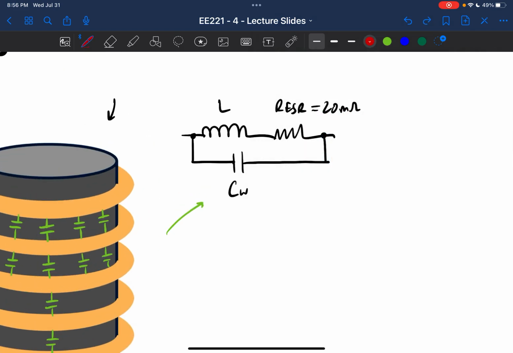If you think about it, if I'm looking at a current flowing into this circuit right here, I have a current flowing in at low frequencies. At low frequencies, my capacitor isn't open, so the current's going to flow through the inductor. It's going to take the path of the inductor, and that's going to be the case for a very large number of frequencies. And then at some point, this entire time, the impedance of the inductor